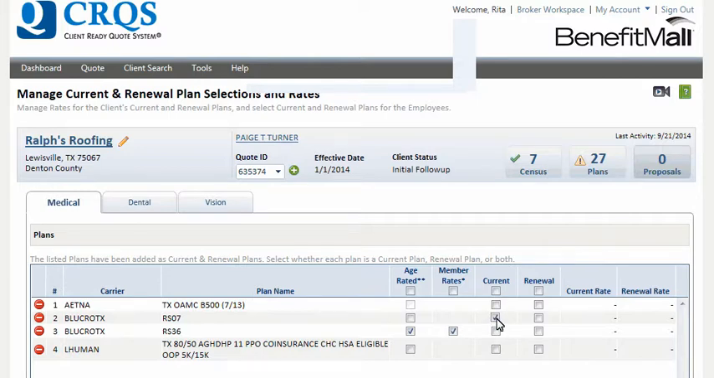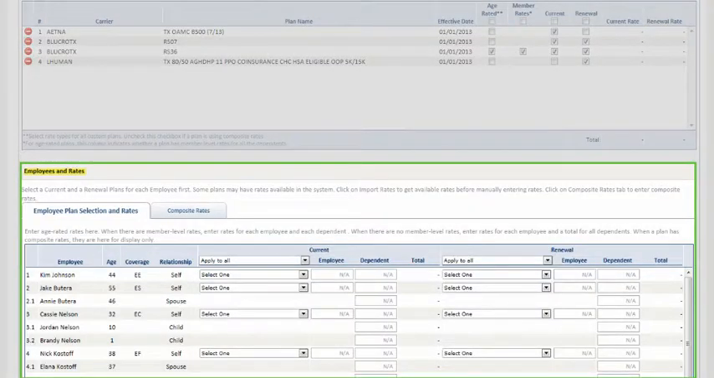If left unchecked, the plan will not be included in the report. Selecting the check and renewal rate columns will update in real time based on plan selections and rates entered in the employee plans. The employee plan selection and rates portion of the page